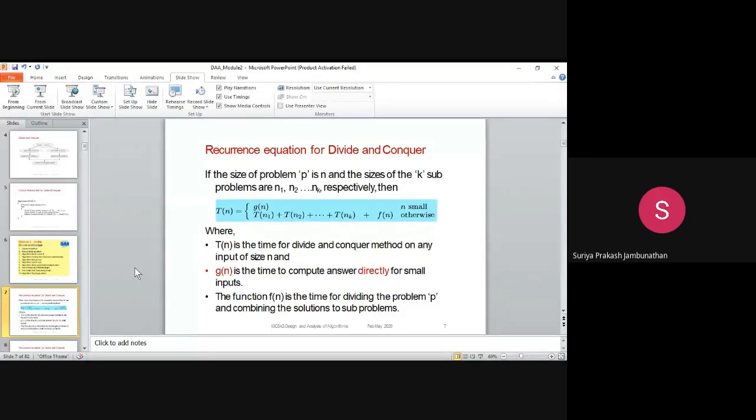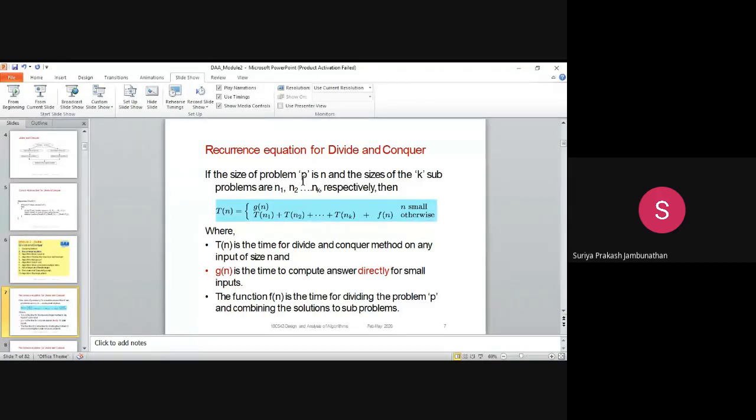Let's see the equation. If the size of the problem P is n, and the sizes of the K subproblems are n1, n2 and nk respectively. So they are telling the size of the entire problem. We have 6 elements, so the n value is 6, which they represent here as P. So P is the size of the entire problem.